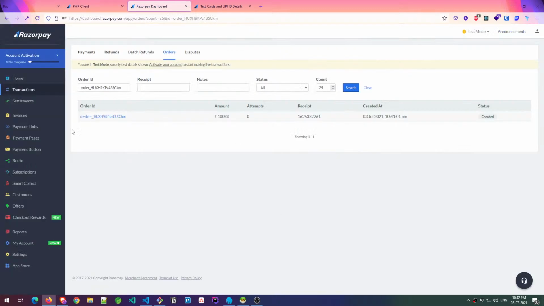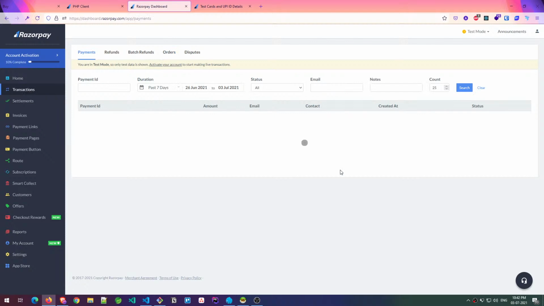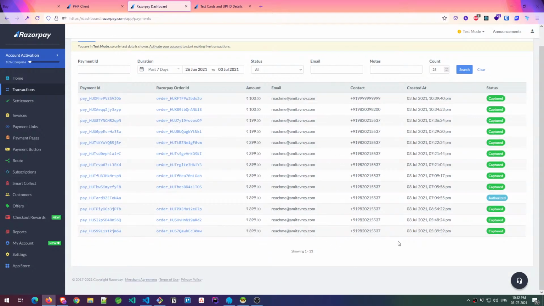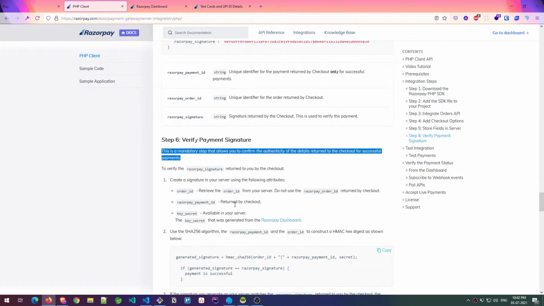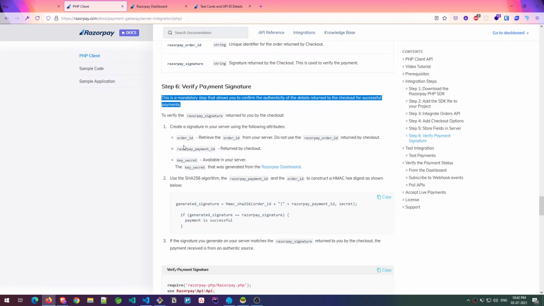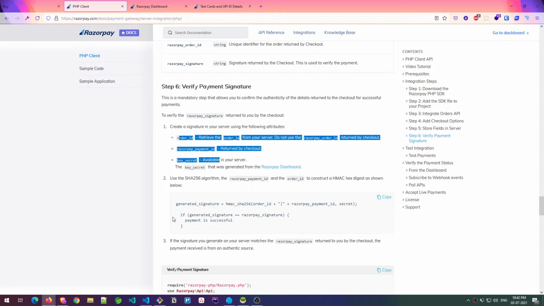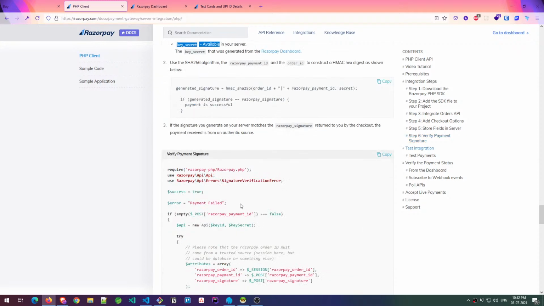All these, if you go to the transaction list, right, all these transactions. I mean, the first implementation was so easy. 539, 548, and I was done. And then I was figuring out how to do the verification, because the documentation was not very clear. Okay, I had to figure this out. So now they are saying, you create a signature in your server using the following attributes. Okay, blah blah blah. But believe me, it's not that tricky. What basically we need to do is,